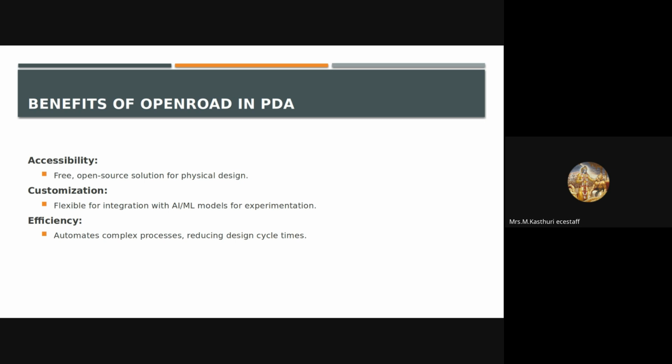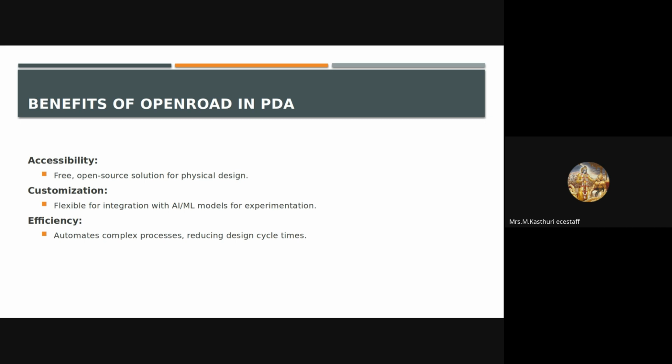The benefits of OpenROAD in PD. Accessibility: OpenROAD is a free, open source solution that lowers the barrier to entry for chip design. Designers can access the toolchain without the need for expensive licenses, making it an ideal choice for startups. Customization: OpenROAD is flexible and can be customized to integrate with AI and ML for experimentation and optimization. This means that companies and researchers can tailor the toolset to specific needs, allowing for cutting-edge experiments